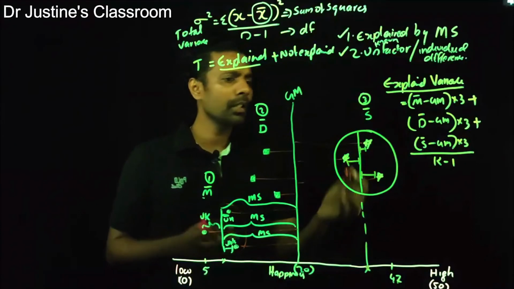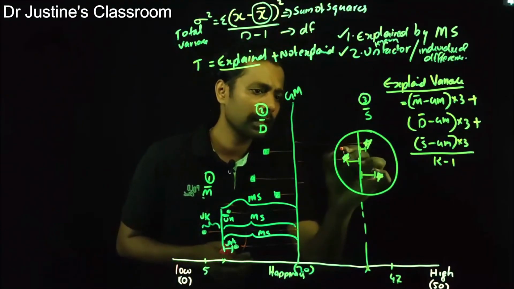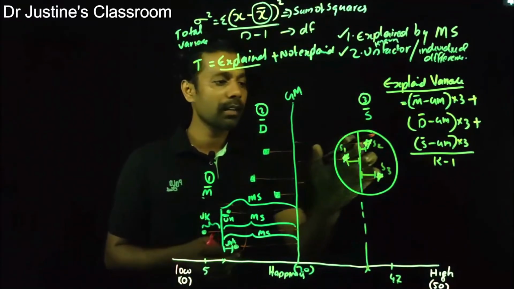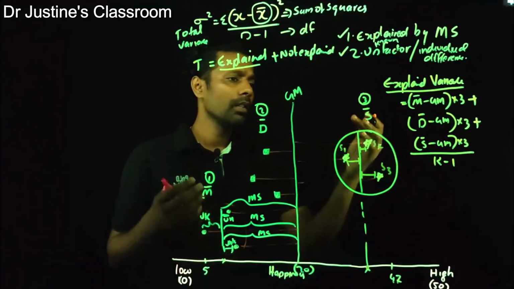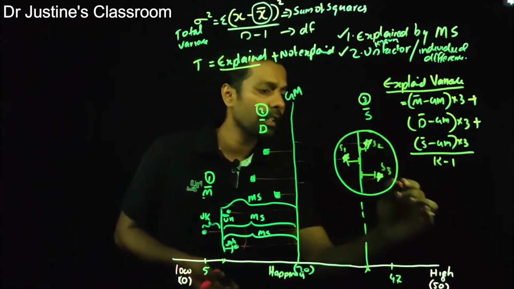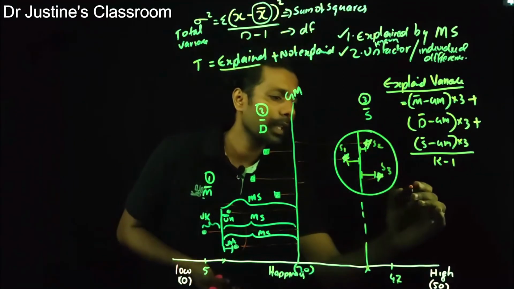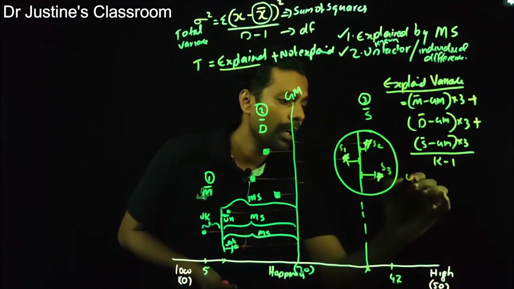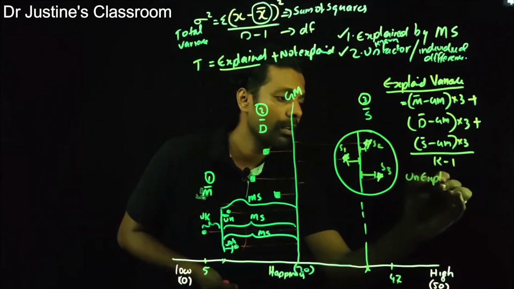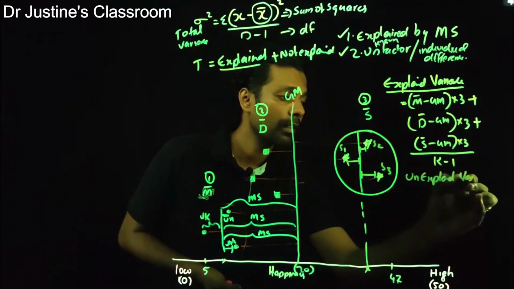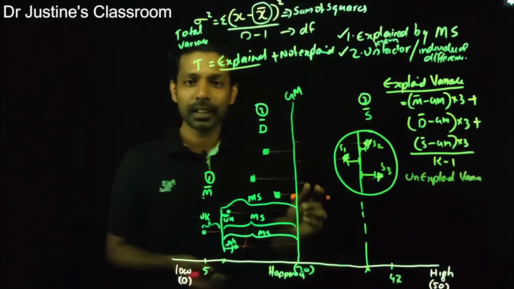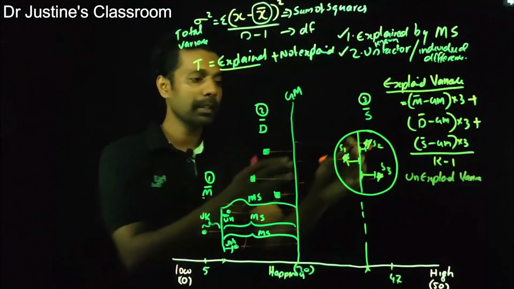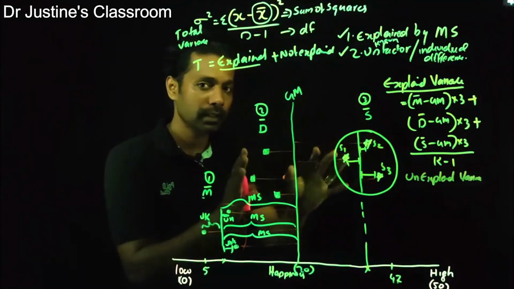So what's the usual equation? I would say this is S1, this is S2 and S3: single men 1, single men 2, single men 3. Now the usual equation of the variance is this particular equation, where I would say the unexplained variance. Once again I'm reminding, unexplained variance means variance due to individual differences. That means within a group, why are scores different? That's the question that we are addressing.